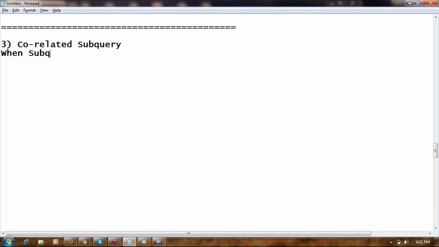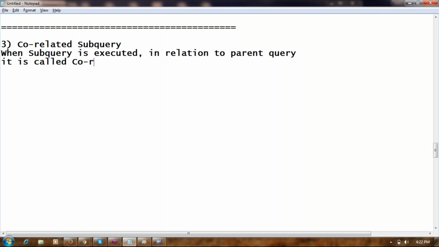When a subquery is executed in relation to the parent query, it is called a correlated subquery. The concept is completely different from the previous examples. Let us try to understand.